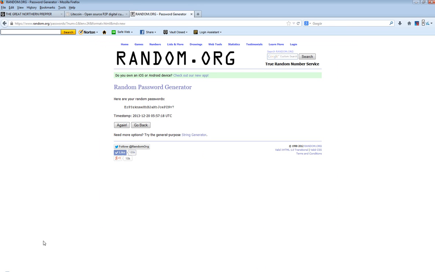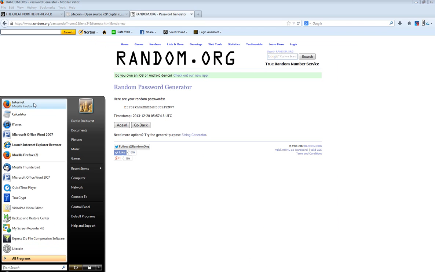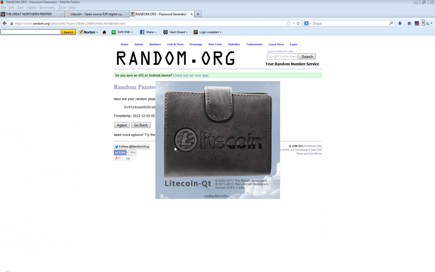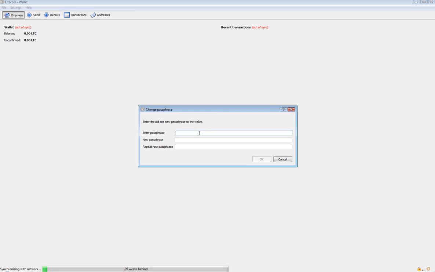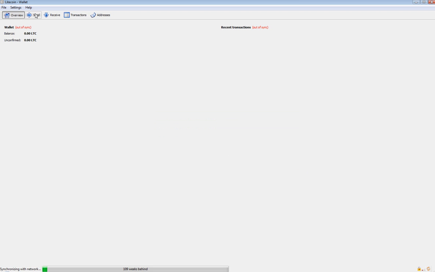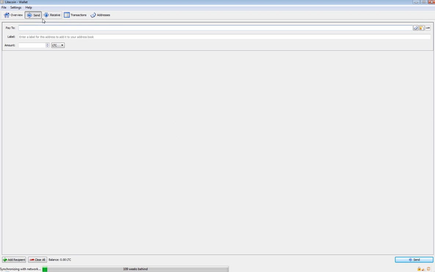So now that you have encrypted your Litecoin wallet with a passphrase, you can change it by entering your old passphrase, putting in a new one, or repeating it, standard password type stuff. To send something, say you have 1 Litecoin in here and you want to send it to